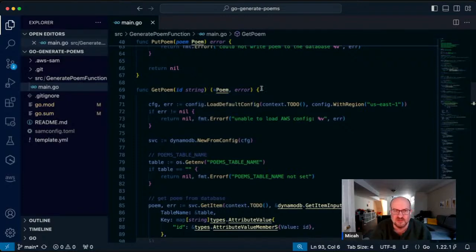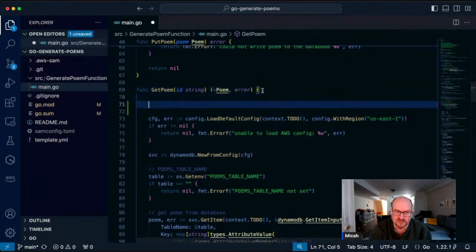So let's see, how can we do that? I did have some notes for doing this last time. It's really simple, but I don't know if I saved it. Bear with me for a sec. I did not save it, of course. There's a function called A2I. So let me just Google it real quick. Here it is. I did this last week too. Here it is. Check if it's a string or an int.